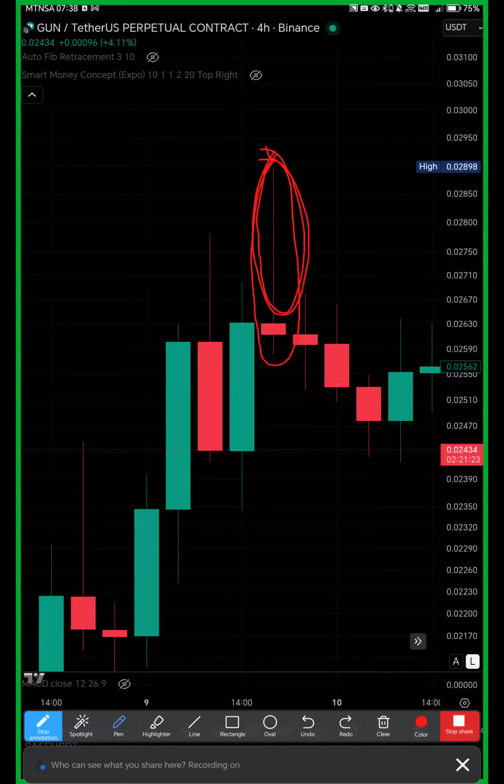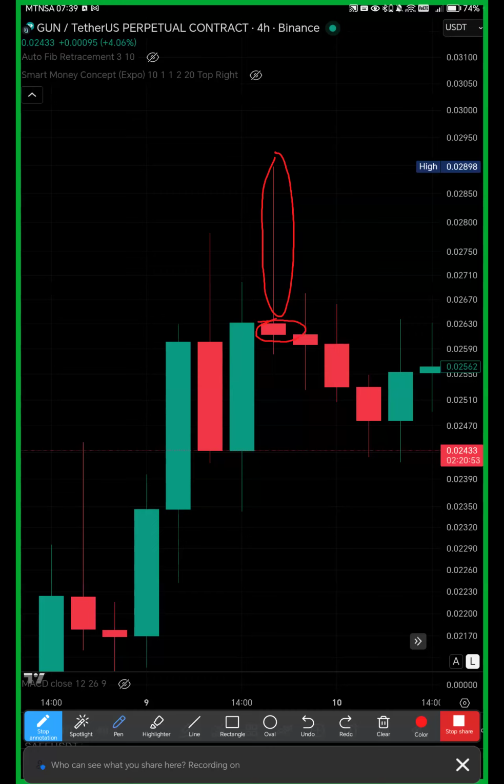So I'm saying the open, low, and close, they are roughly at the same price. But what makes you characterize this candle to say that it is a shooting star or a bearish pin bar? It is because of the presence of the long upper shadow with a small body. This is what we call a shooting star.